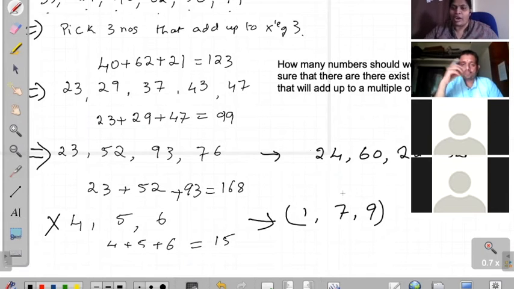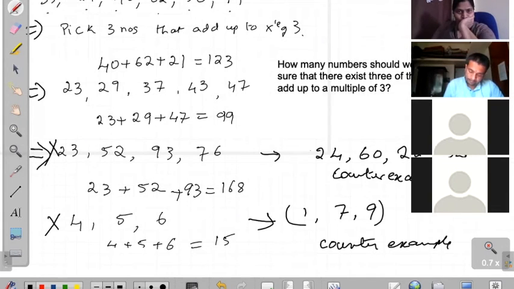Okay. Now on to the set of 5. So each set should have only the same number of digits? Not necessary. So in a set of 5 numbers, 2 numbers can be 1 digit, 1 number can be 2 digits, and the remaining two numbers can be 3 digits also. Yes, no problem. Out of that, you need to pick 3 numbers, and if you add them, it should be a multiple of 3.